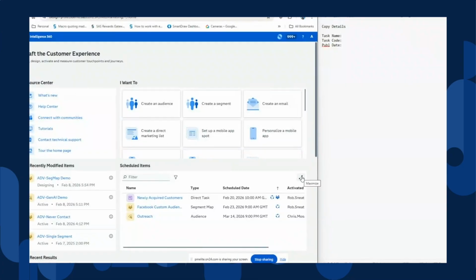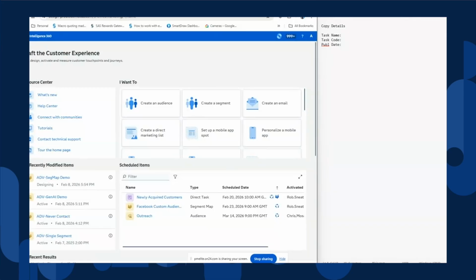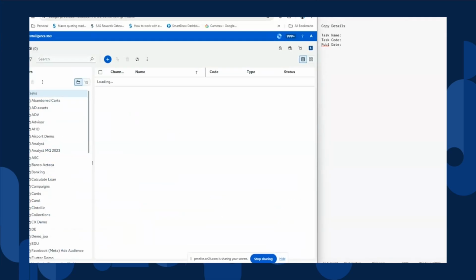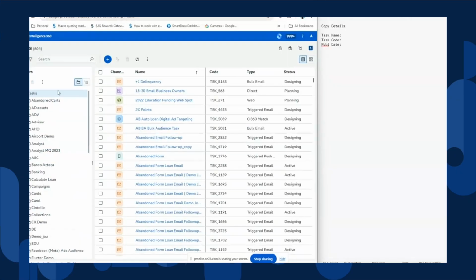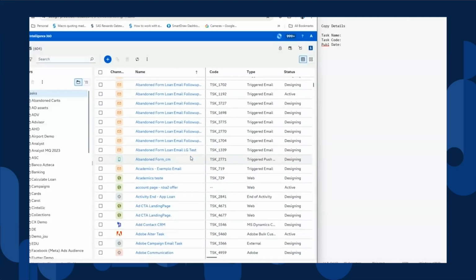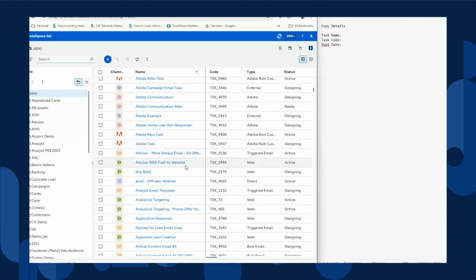Fantastic. So I'm going to start us off just with the homepage of CI360, which is what you will see when you log into the tool, and it takes you to the homepage. The first thing I wanted to talk about is something that is not necessarily immediately visible when you use the tool. Almost all the way through the tool in various listing pages and in some of the tasks, you always have this grid listing view where you've got things like a name or a code, etc. What might not be immediately obvious when you look at this grid